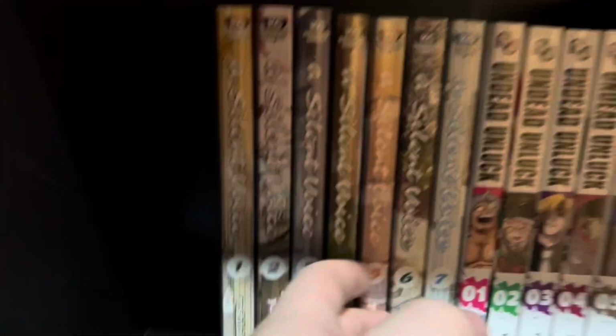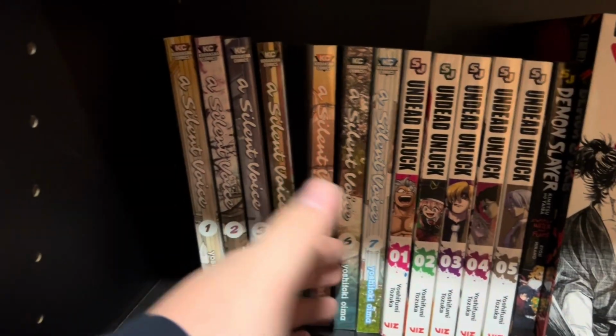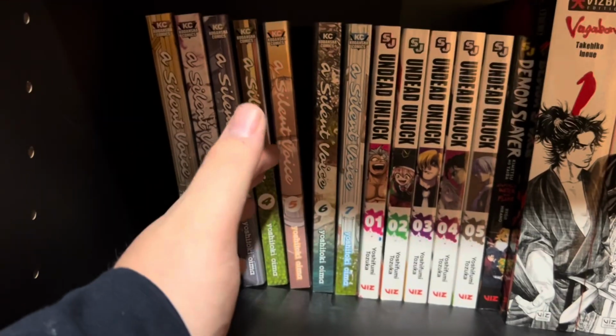March Comes In Like a Lion, volumes 1 and 2. I haven't read this yet. Silent Voice, volumes 1 through 7, I have read this. It's incredible start to finish, but I do think it gets bogged down giving too many characters, too many